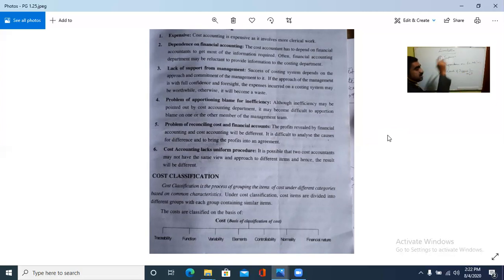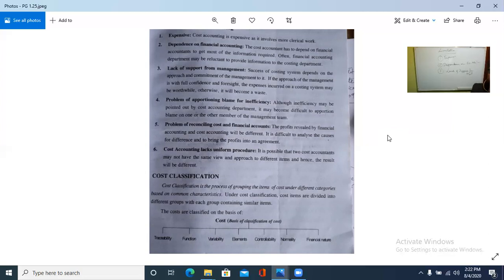എന്തുകൊണ്ട്? Too expensive എന്ന് ആദ്യം തന്നെ പറഞ്ഞു. അപ്പം they are reluctant to provide fund to install this system. So success of a costing system depends on the approach and commitment of the management to it. If the approach of the management is with full confidence and foresight, the expenses incurred on a costing system may be